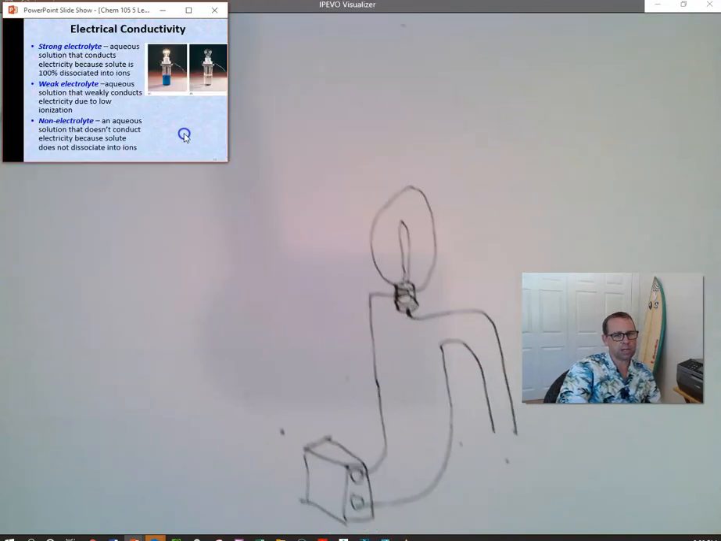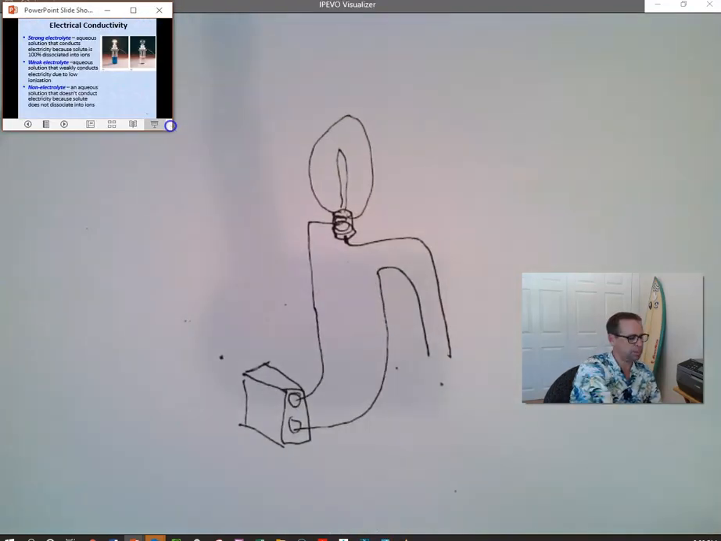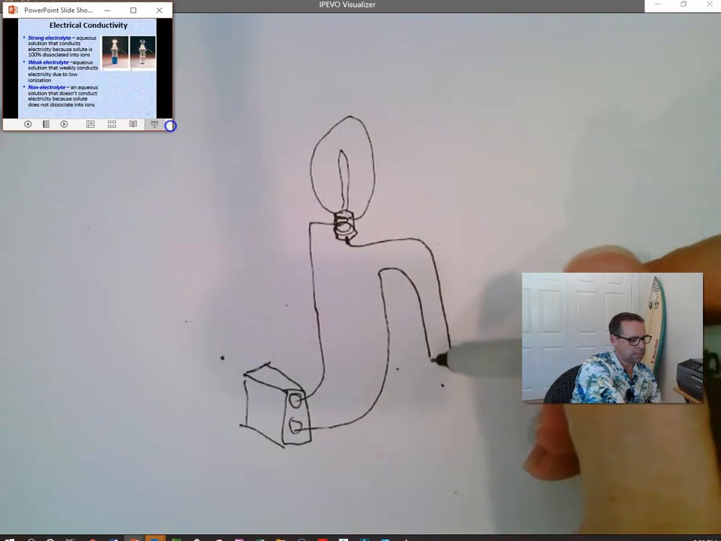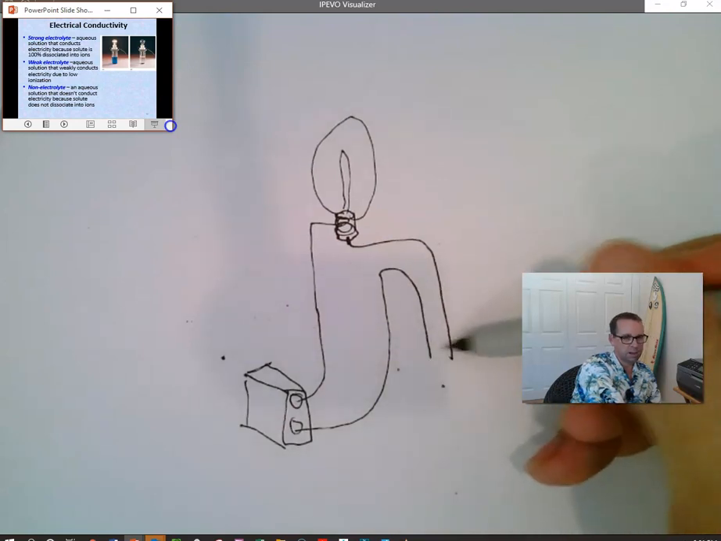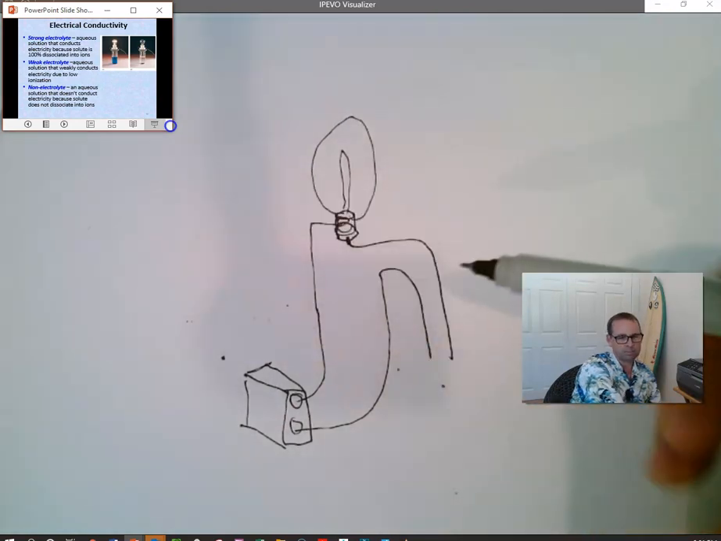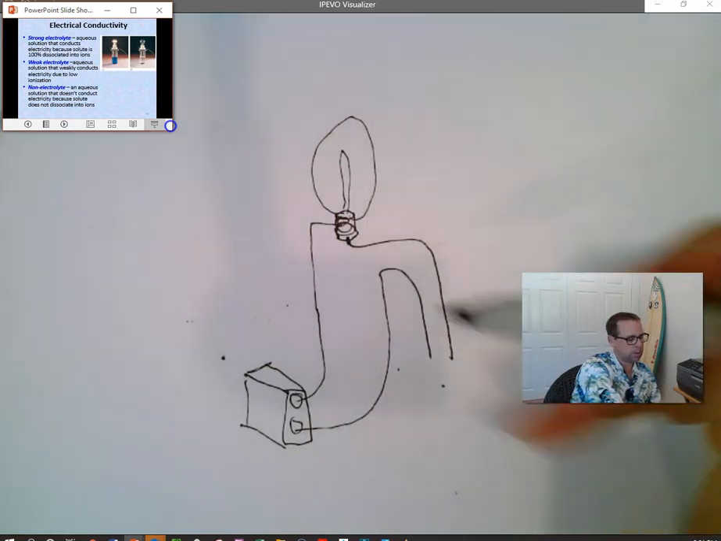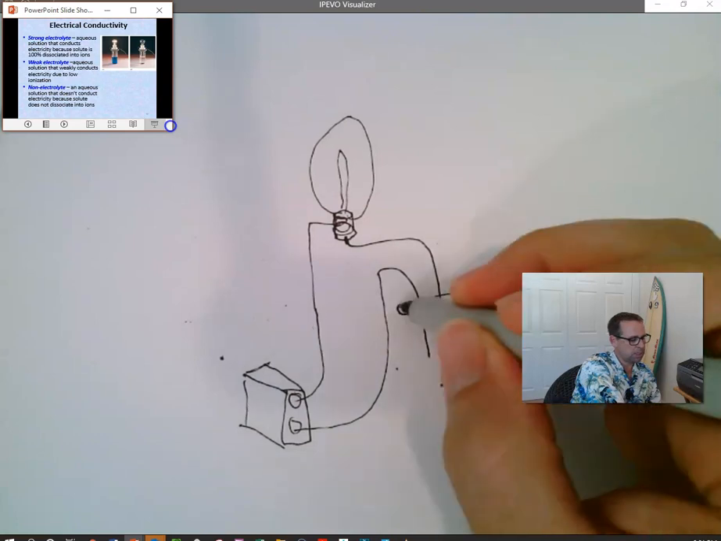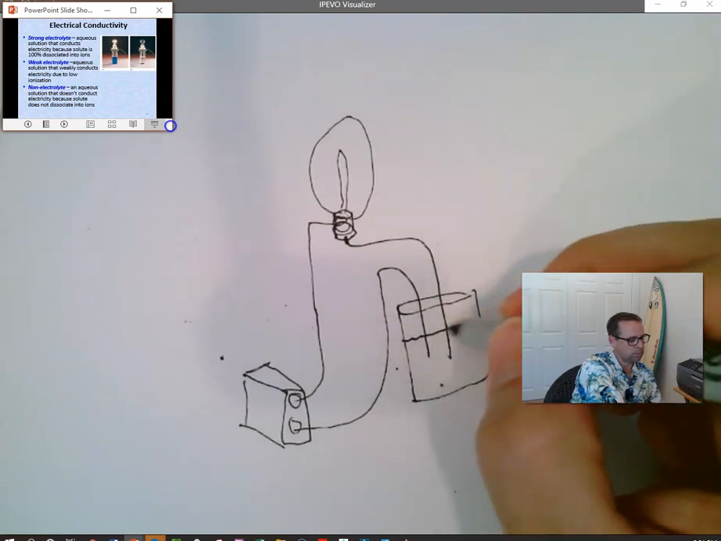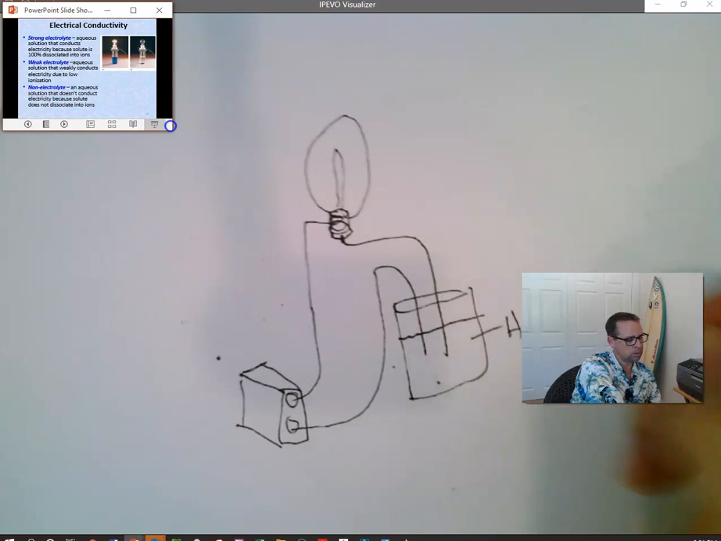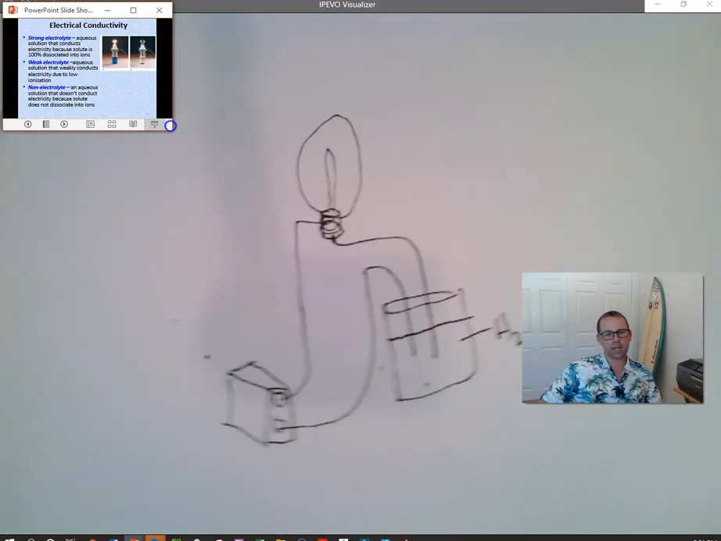So this is my conductivity experiment. If I lay something conductive across there, then the light will light up, right? Because then the electricity can flow from one side of the battery to the other. If I put this in a cup of water, here it is, water, the light won't light up because water